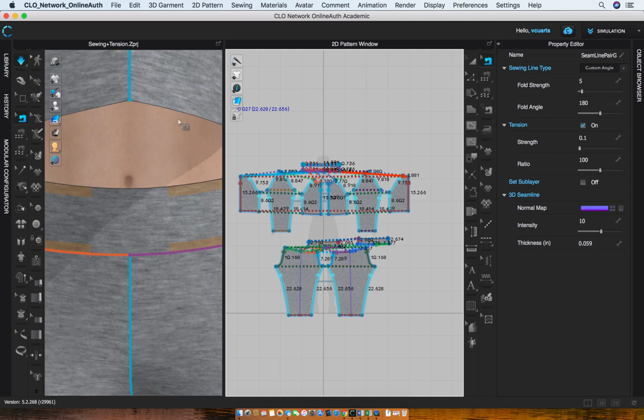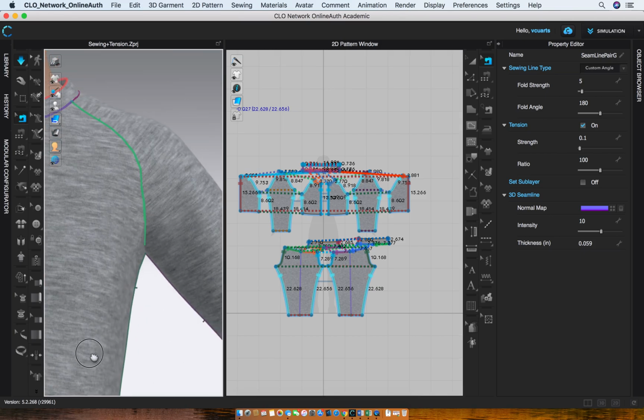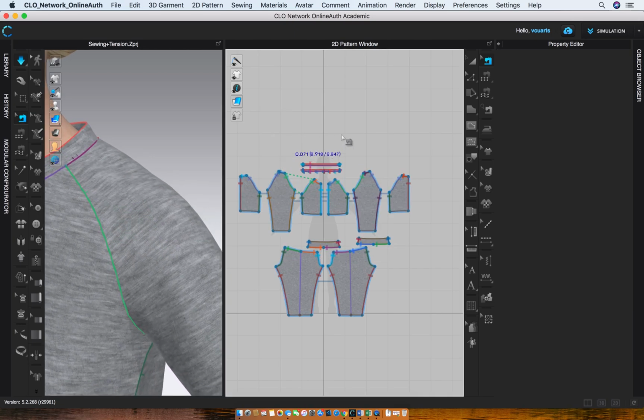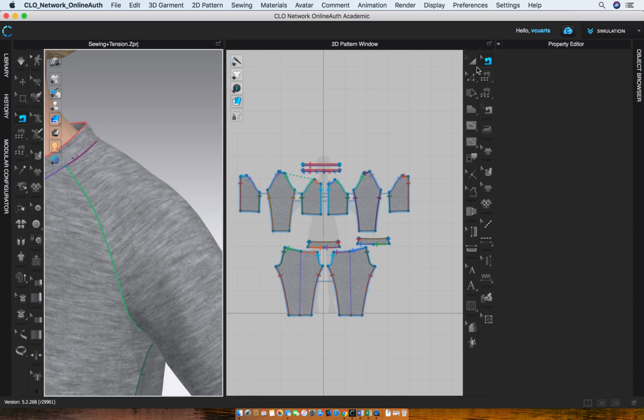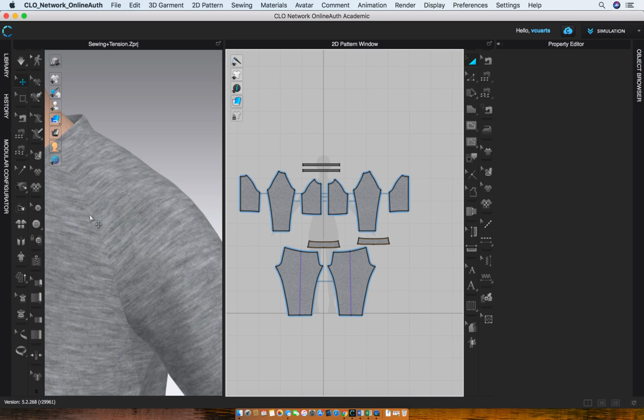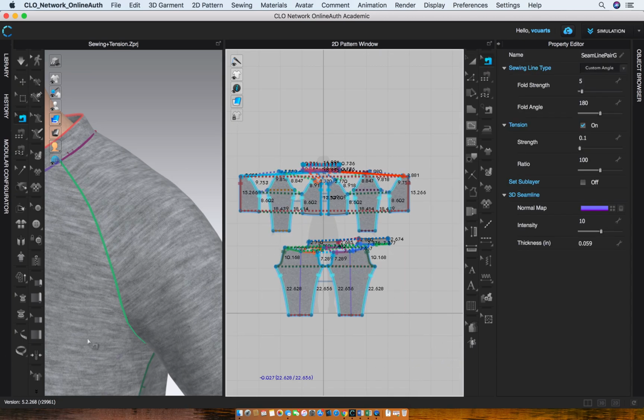Again, I'll zoom in, I'll pan up, okay, and this seam line. If I deselect, turn off simulate, and just click off so nothing is there, you can change the appearance of seam lines in most cases. This file is not working especially well for me at this point, but I want to go ahead and talk about it since I have this up and we are working, and make sure that you at least know